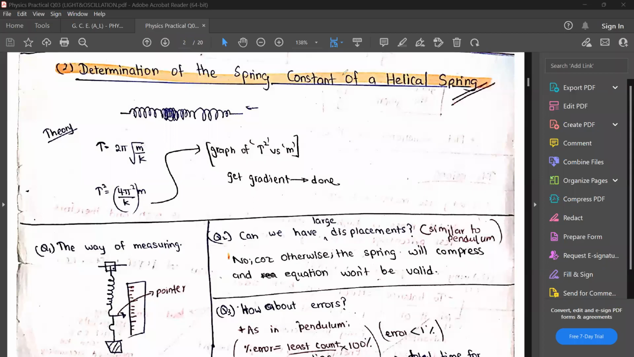Okay, next let's go to this one. Determination of the spring constant of a helical spring. Okay, so let's look at the derivation first of all. Now it's like this. Let's say